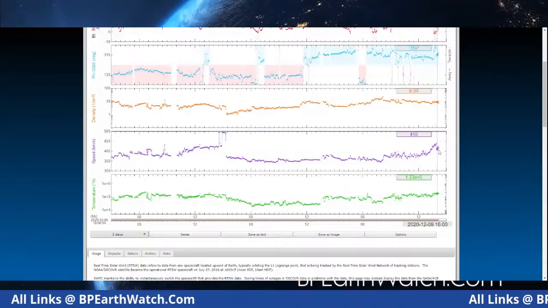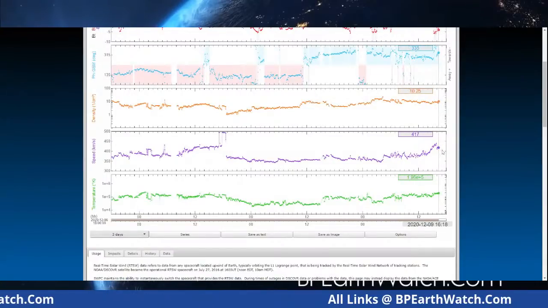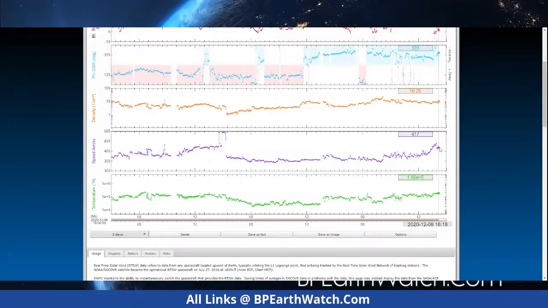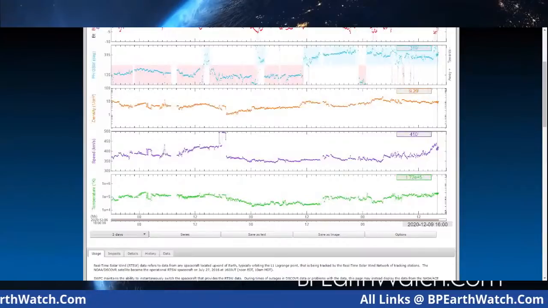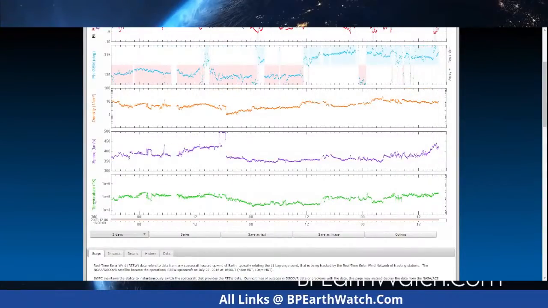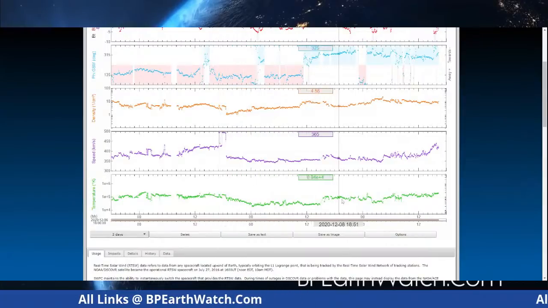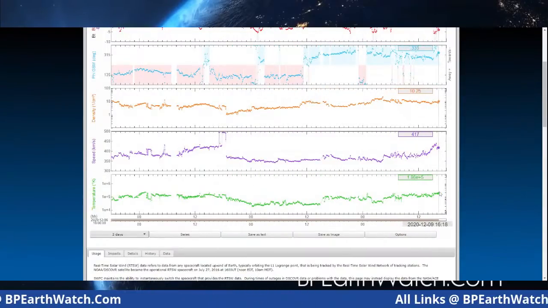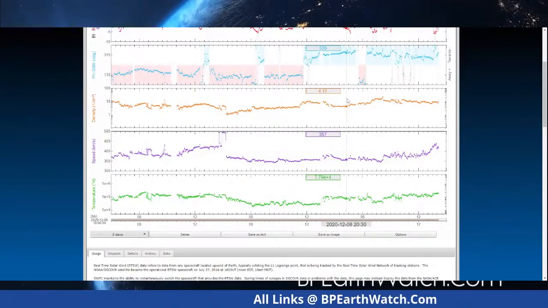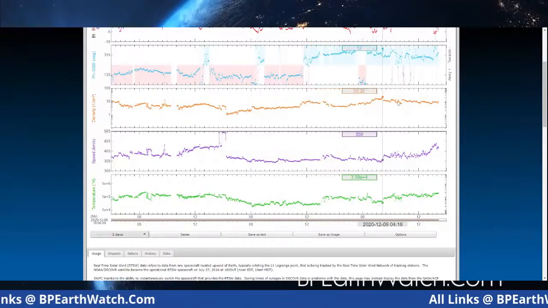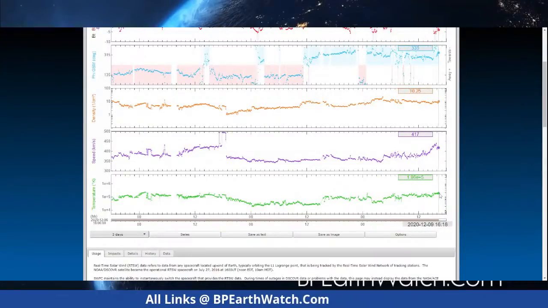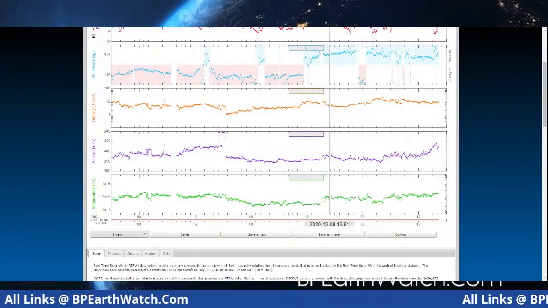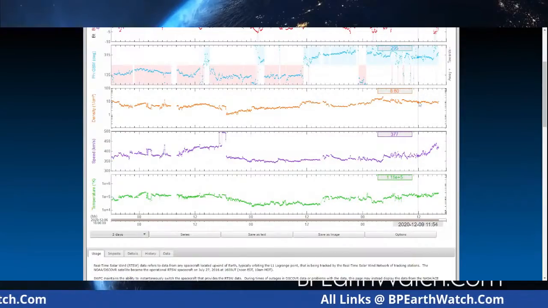What we don't want to see, but very well could, is sudden spikes, especially in this chart here, the solar wind. Another thing, and it affects our planet, the bottom line in green is temperature, and it will stay directly related to the solar wind speed. You'll start to see this start to pick up very quickly too. Now, another thing that's unusual about this event is that a lot of times you'll see the solar wind in purple and then the temperature in green either rise together or fall together. But the opposite in proton density.